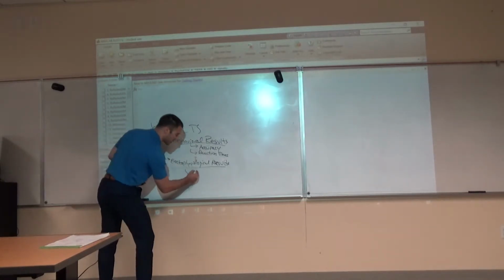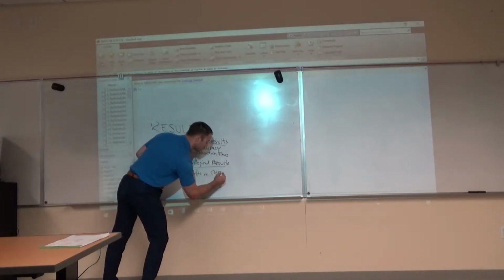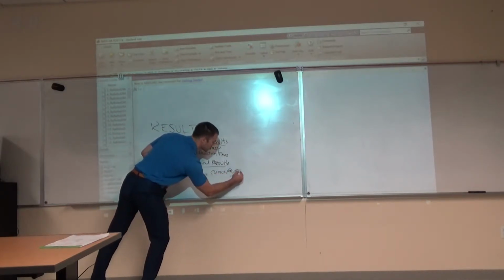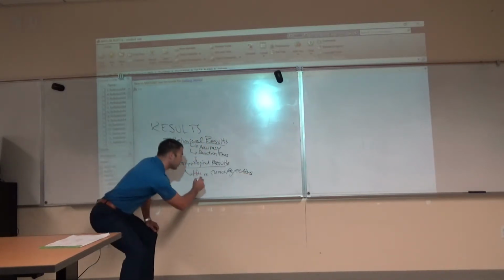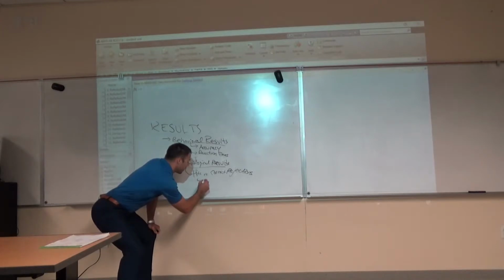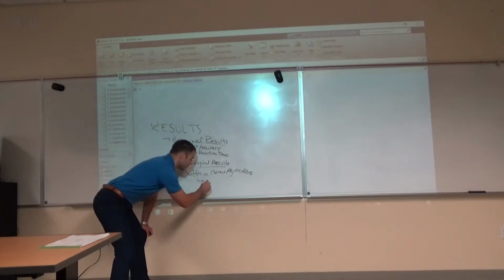So let's just say, for example, you're comparing hits versus correct rejections. And you're going to report the results for hits versus correct rejections at, say, whatever sites and whatever latencies that you're measuring. So you might do, let's say, mid-frontal,